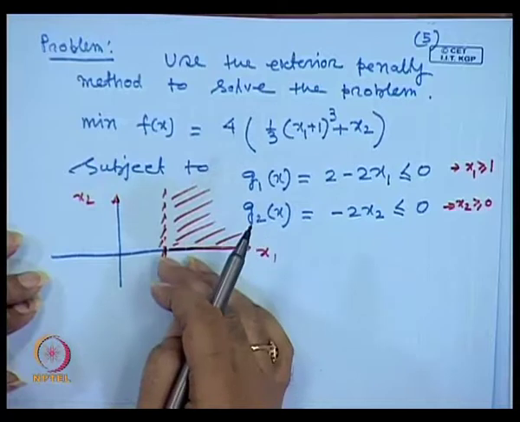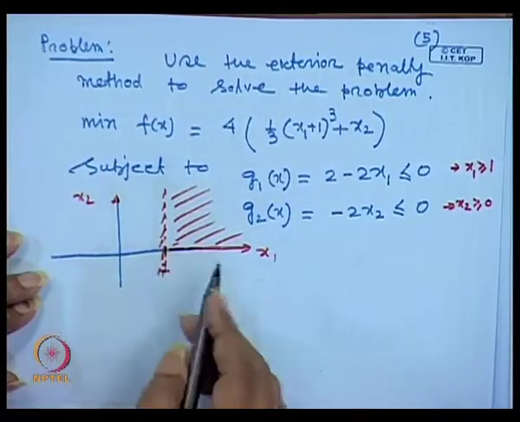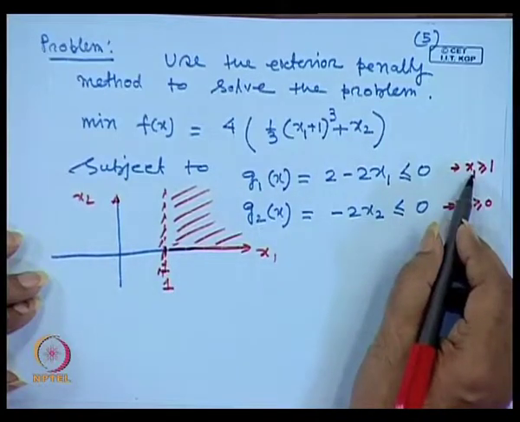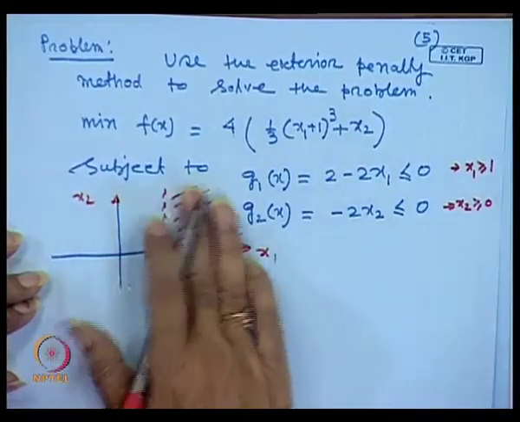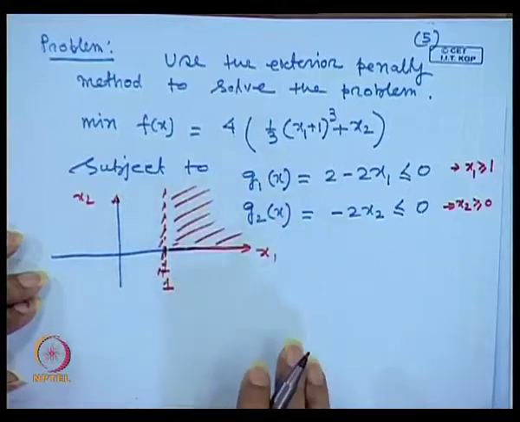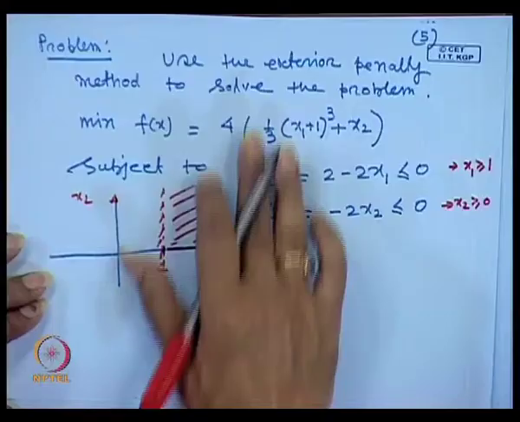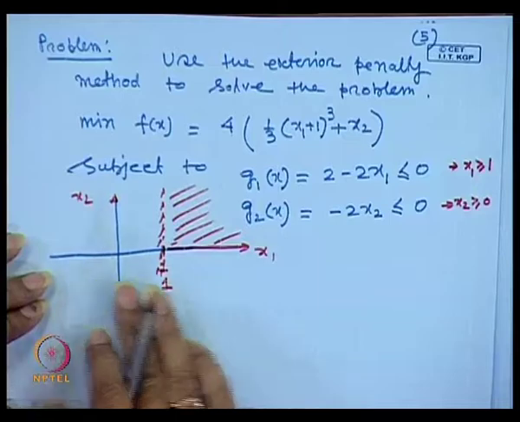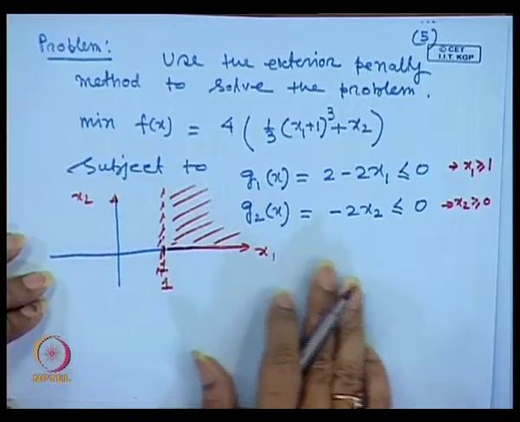x2 cannot be negative, and x1's value is greater than or equal to 0. The whole region is our feasible region. But our problem is that we have to solve it using penalty function methods, I mean the exterior penalty function method. Then what we have to do? We have to convert this into the standard penalty function